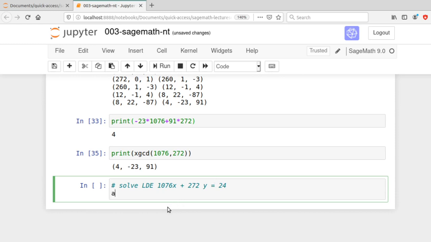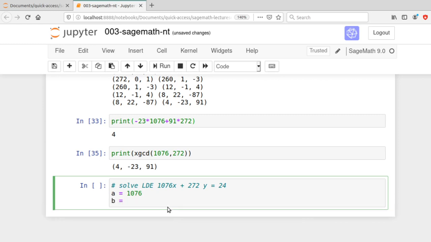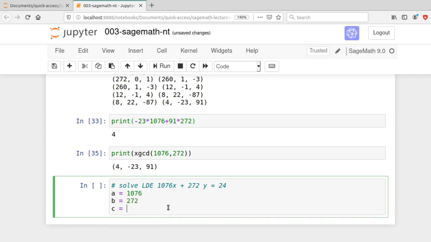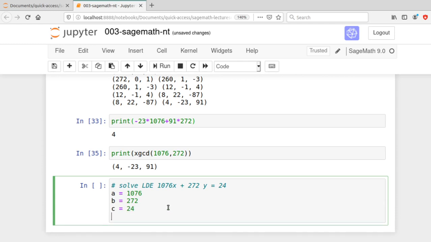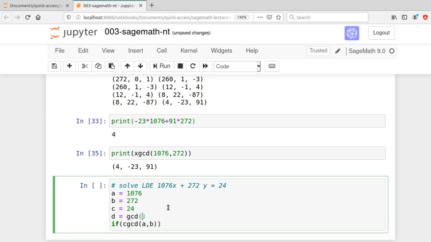to define A and B. So A is 1076, B is 272, and C is 24. The first thing we have to verify is whether the GCD divides C or not. Let D equal the GCD of A and B. If C percentage D, the remainder, equals 0, then